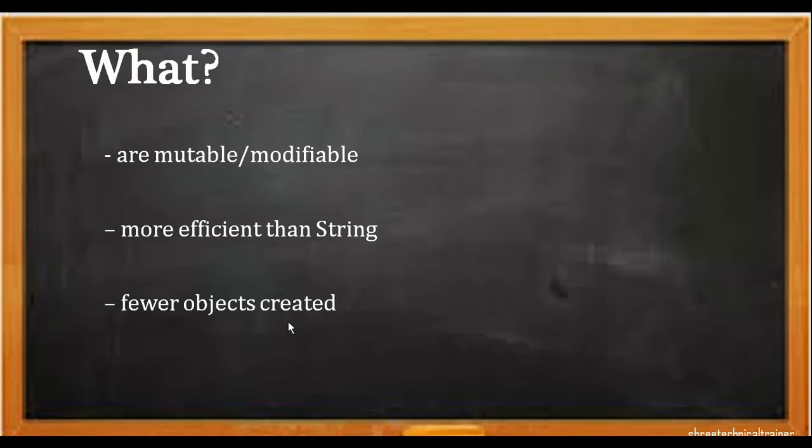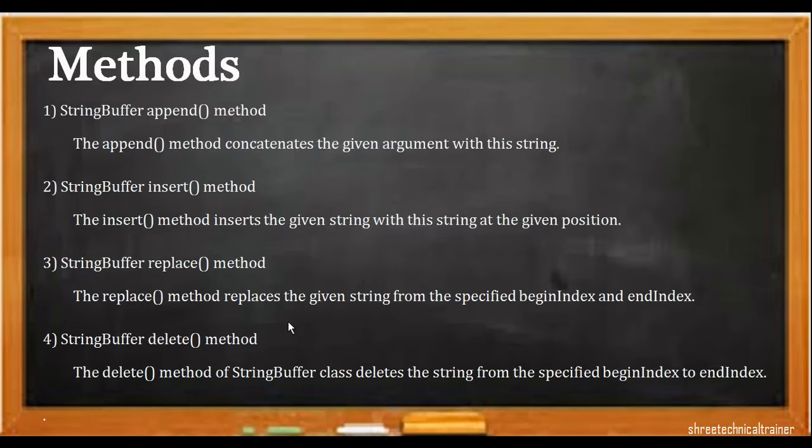So you got an idea what a String and a StringBuffer are? String is a sequence of fixed-length characters, whereas StringBuffer is a sequence of variable-length characters. And the main operations of StringBuffer are insert and append. StringBuffer is mutable, whereas String is immutable, in the sense that it cannot be modified. These are the methods associated with StringBuffer: append, insert, replace and delete.